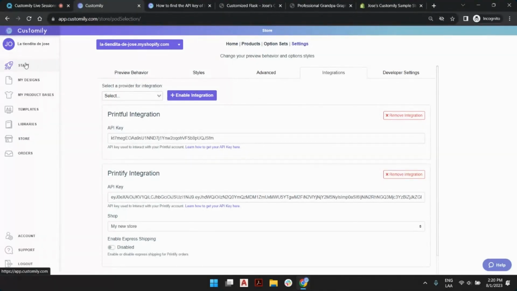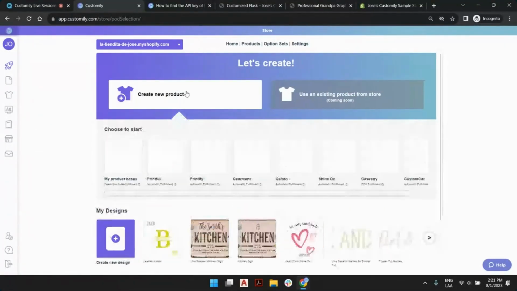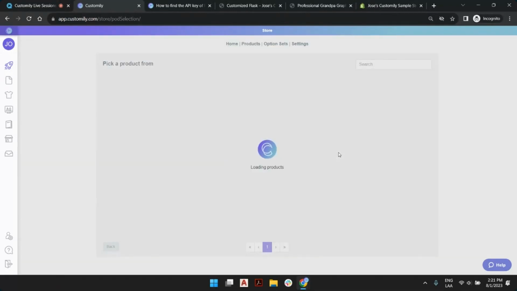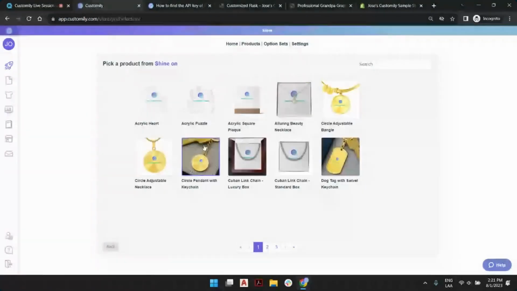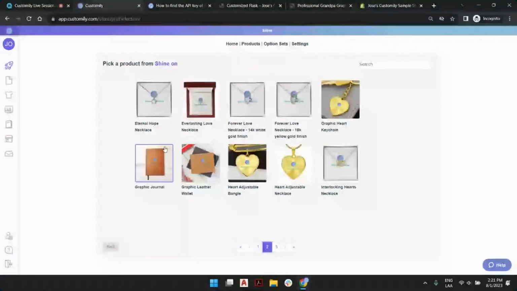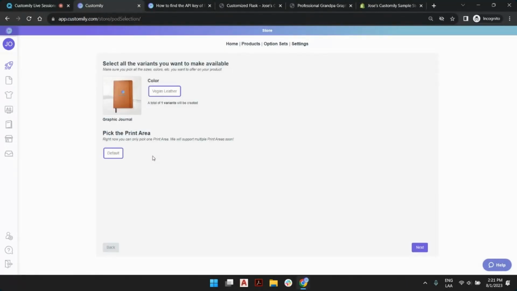So let's go back to the start. So let's create a brand new product. Let's pick Shine On, since we integrated, and find in the catalog this one, the graphic journal. I'm going to click this, and depending on the product, you will see if there is more than one supplier, if there is more than one variant. In this case, we have just one variant, one print area, all ready to go. So we click Next here,